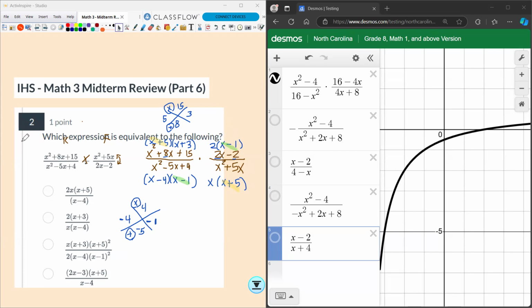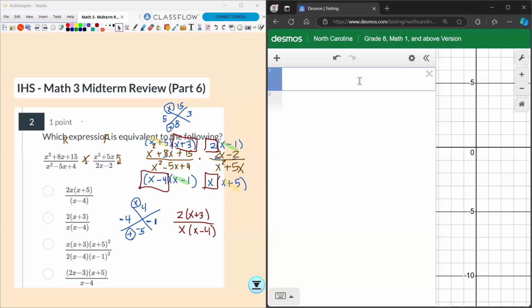So on the numerator, what I did not highlight is going to be what's left over. So I'll have my x plus 3 and my 2. So that'll be 2 times x plus 3. On the denominator, I'll have this x and this x minus 4. So that should be what you see here. And I still have my previous stuff in here, but if I key all that in,